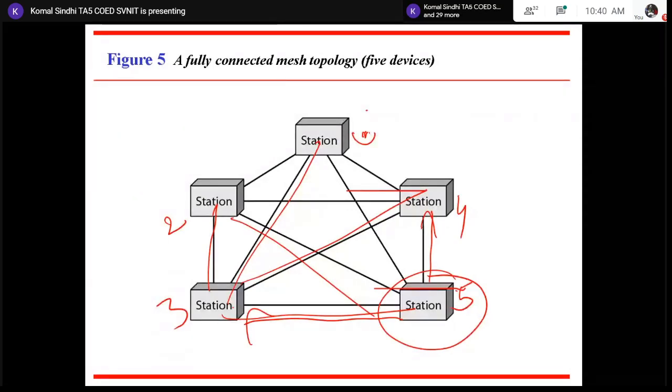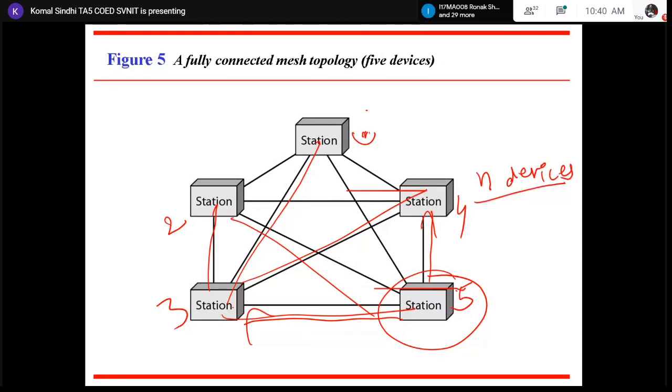Now, suppose there are n number of devices connected via mesh topology. What will be the number of links? How many links would I need to connect n devices which are fully connected via mesh topology? Does anybody know?